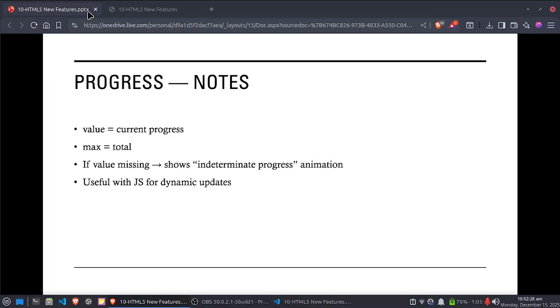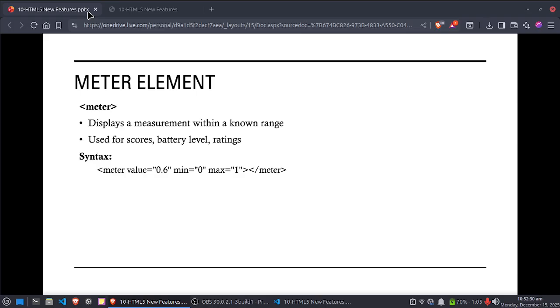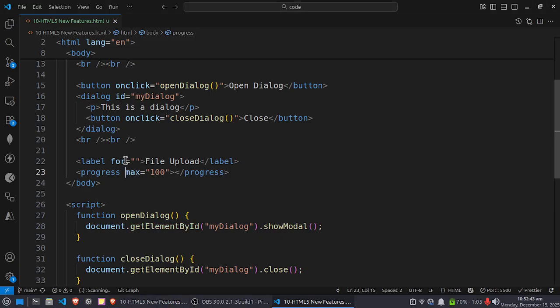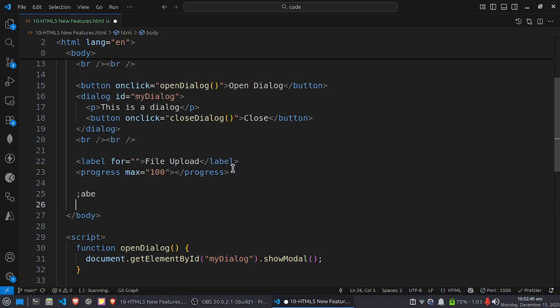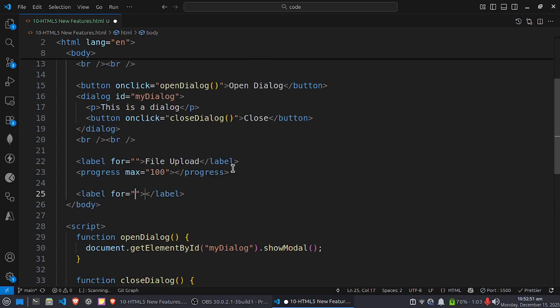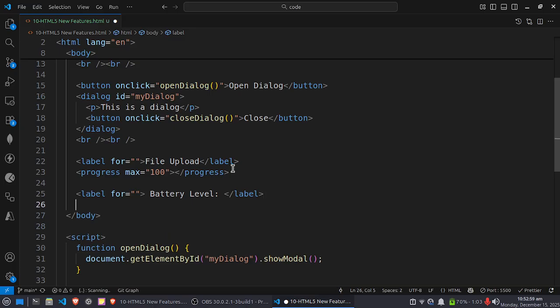Next one is the meter element. So the meter element is different from progress. Meter is used to show measurement within a fixed range, like battery level, score, rating, temperature level, and it is similar to this. Label, battery level, and here meter, and the value is again 30,